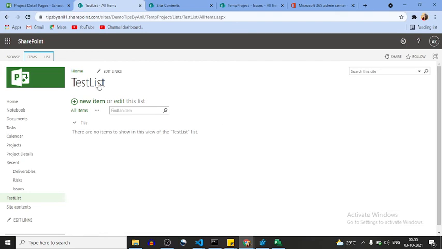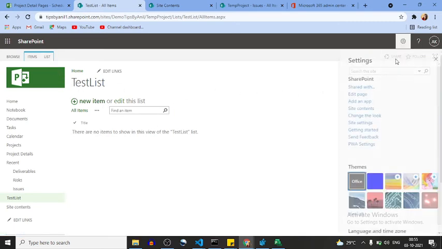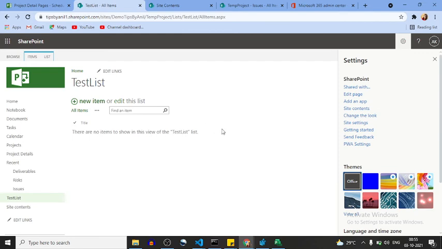Okay, so what I was searching for is this test list. If I want it created on all project sites, whenever a user creates a new project, this test list will come up in all the projects. Not just this test list, but this complete project site configuration, the SharePoint site configuration, will be attached to all the projects, meaning a similar site. For that, what will you do?